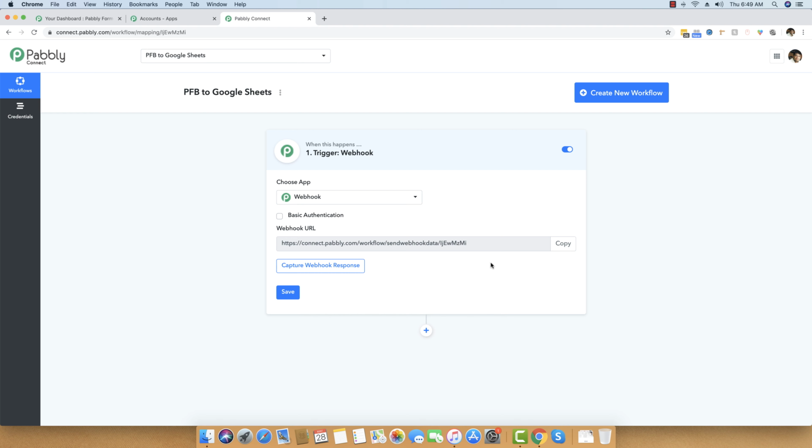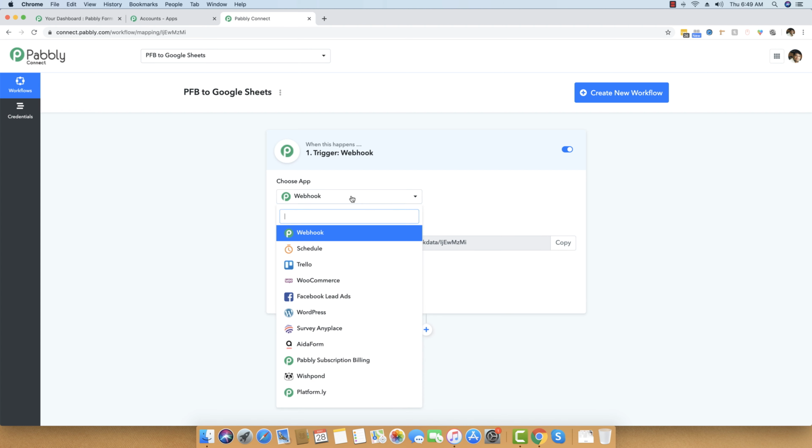Now there are two purposes for explaining this video. One, this trigger or this integration works on the basis of webhooks. Now a lot of people actually worry about what webhook is and how they will get data through webhook. It is a very simple concept, and I will just explain to you what really webhook is and how you can integrate Pabbly Form Builder via webhooks in real time in just a matter of few minutes.